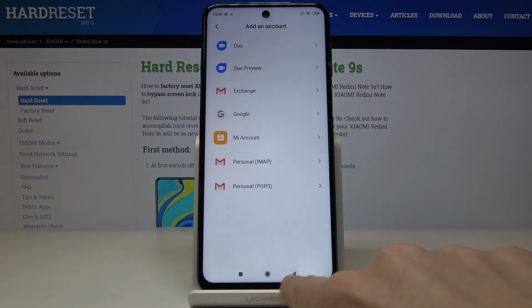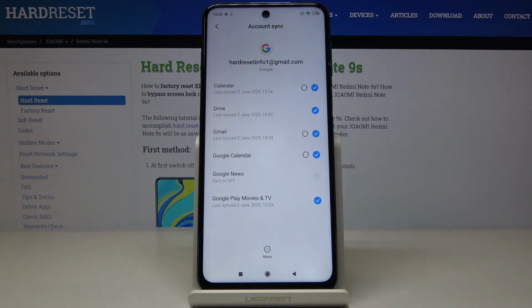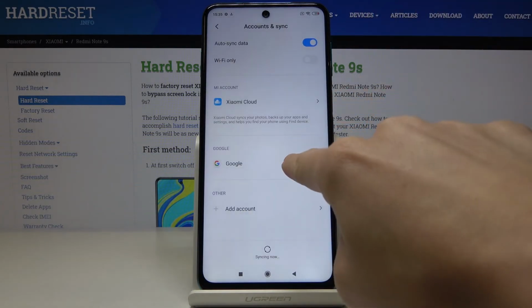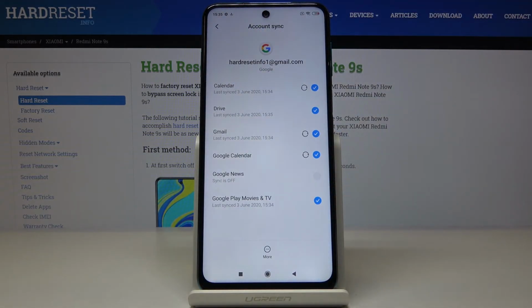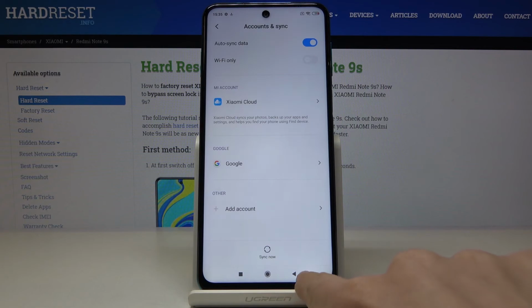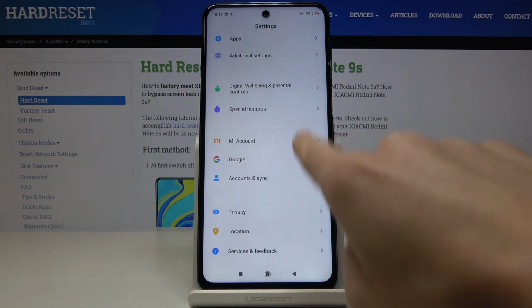Okay, so let's go back. And if you click here, so under accounts, go to Google, you will be able to check your current Google account. And if you'd like to remove some Google account from your device, all you have to do is to